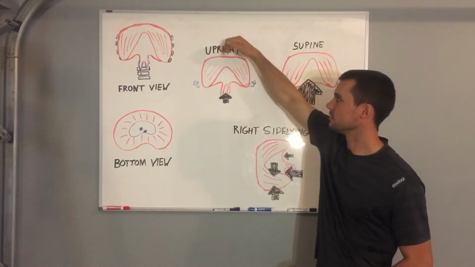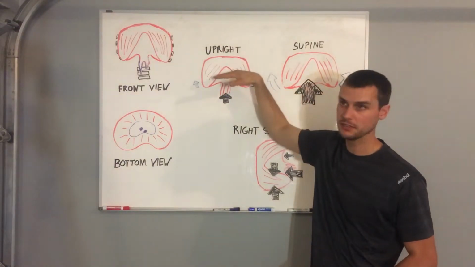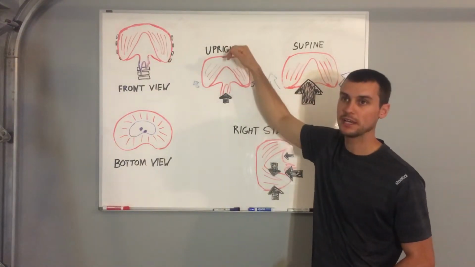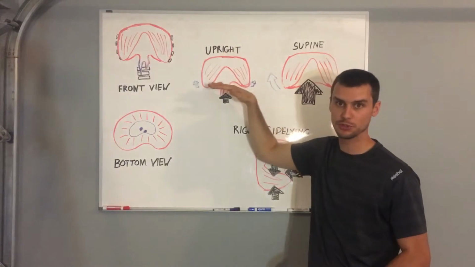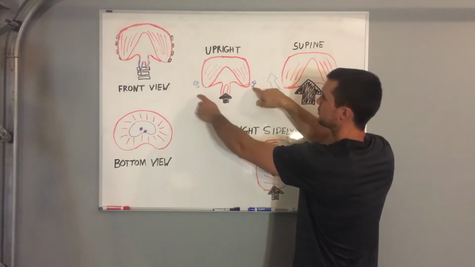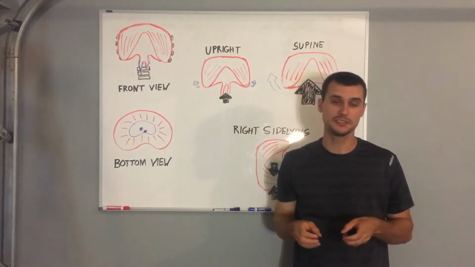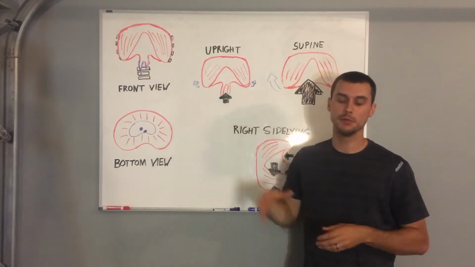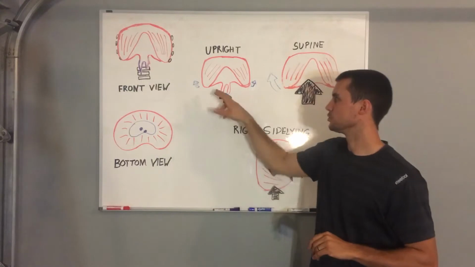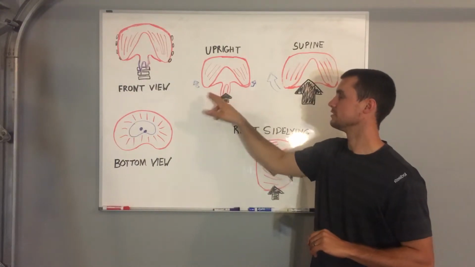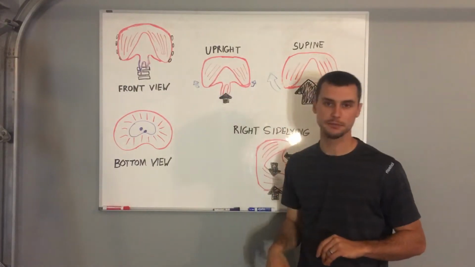What this does is allow greater diaphragm descent, and so because that central tendon is allowed to move down to a greater degree, there isn't as much action at the lower rib cage. There isn't as much of a bucket handle effect, so rib cage expansion is likely less in this upright position